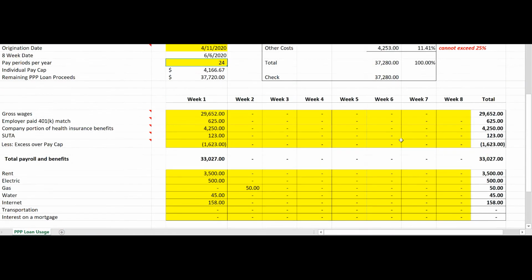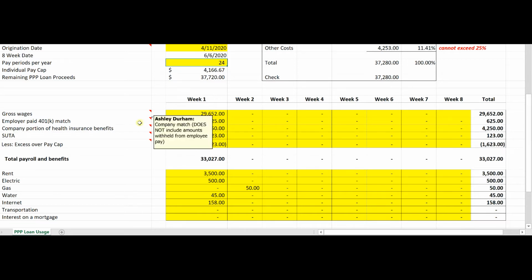Next, I'll want to go to my payroll and benefits portion of this spreadsheet to record those expenses in that time frame. Again, make sure that you have the payroll reports in front of you in order to do so. This first line item is for your gross wages. Make sure that you're looking at the payroll report and the total gross wages. This is before your employees have any taxes deducted, and before you have any employer taxes added on. Go ahead and enter that information into that column and go to the next one,